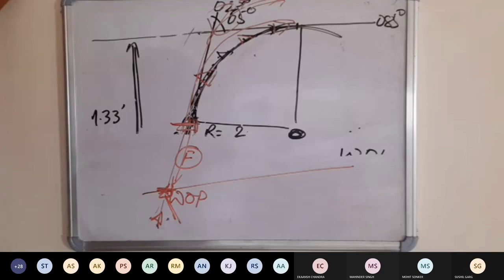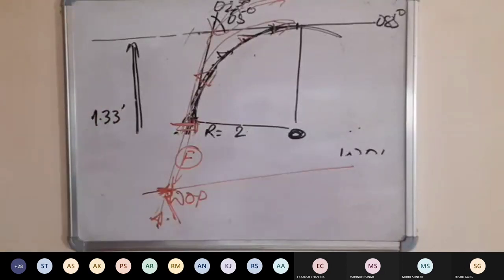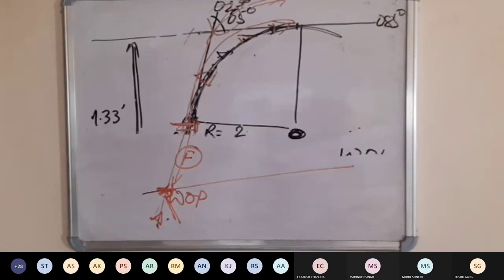Think. Give any plausible reason why we did all this wheel over line, drawing this, and then coming to this. Think. The reason is